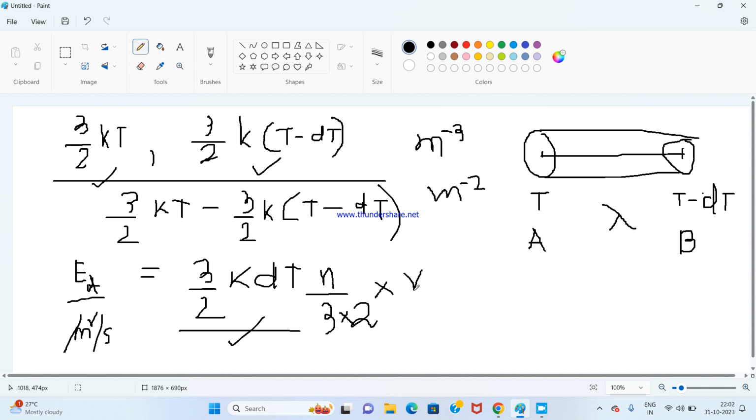So this V dimension, velocity dimension, is meter per second. So if it is multiplied by meter per second, what will happen? This m cube and m will be m square and second to the power minus 1. So to make things dimensionally correct, I am multiplying the number of electrons into the velocity. So now this 3 will get cancelled. So the final expression we will get